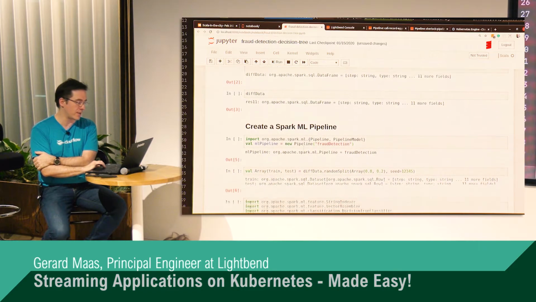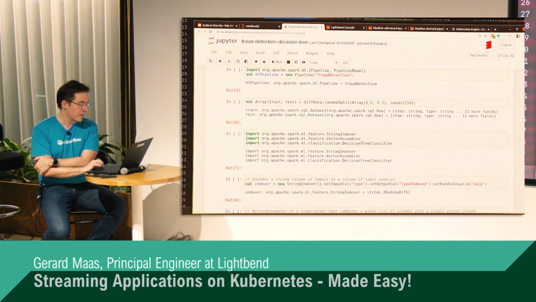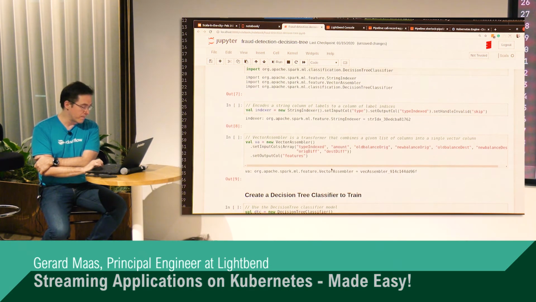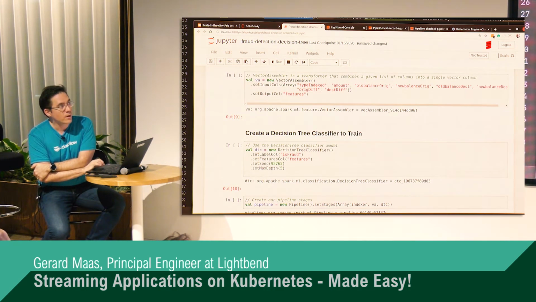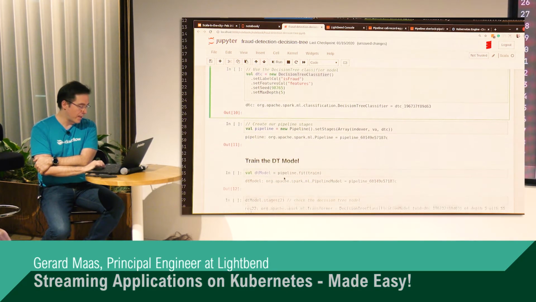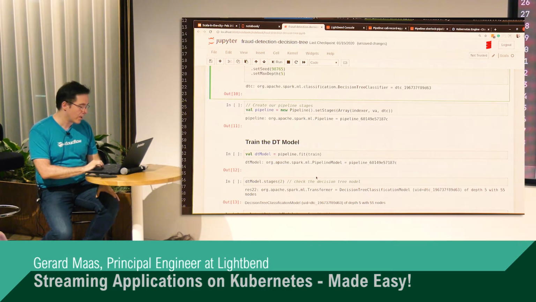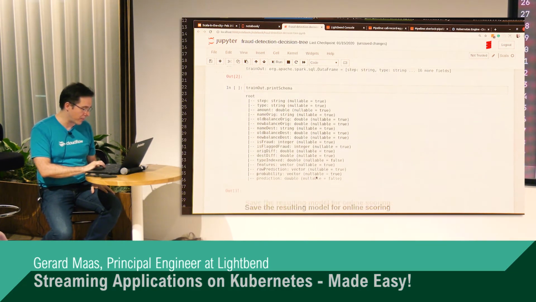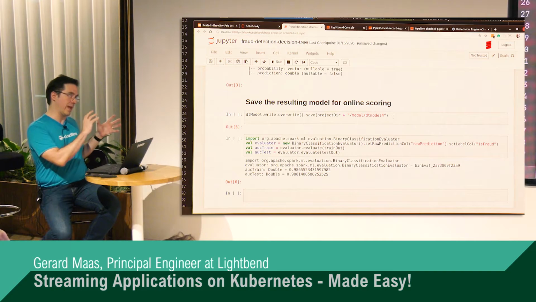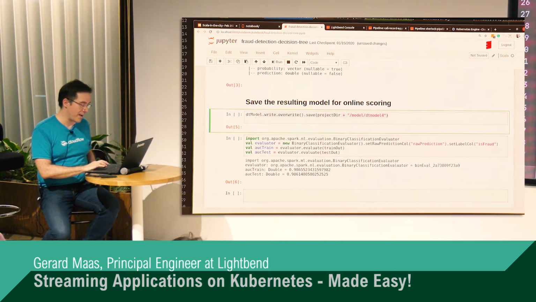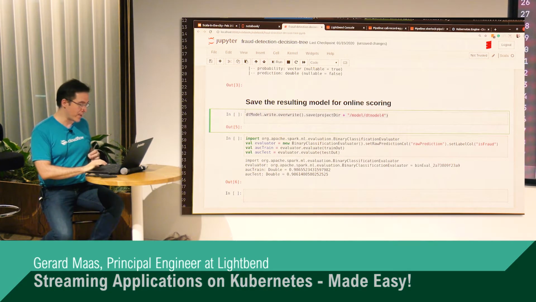And our model is created using a Spark ML pipeline that we are going to train using a fairly large data set. So first we create the pipeline, we assemble the pipeline there, we create a decision tree classifier over here, and finally we train that with the data that we first loaded and where we added some of those features, and we save that. Of course, we validate that things are good enough. But at the end, the interesting part for the streaming flow is that we have a model that we can then use in our streaming system to score our data. So we have this model here,